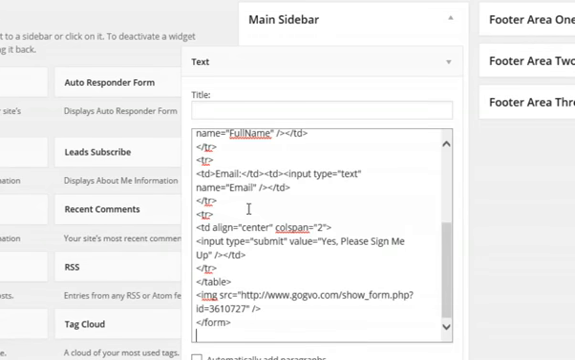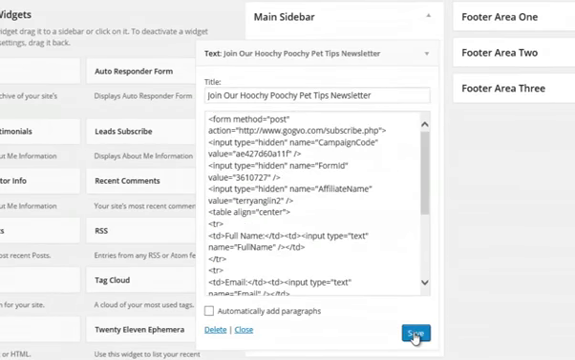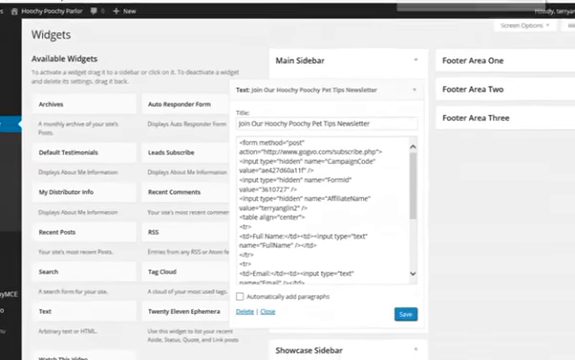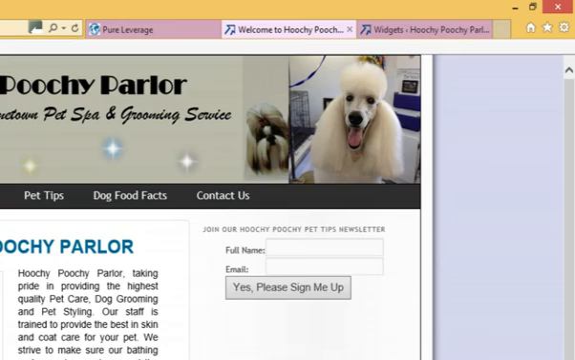Now in the title we may want to give a little bit of a description right ahead of the actual form. So I'm going to go ahead and just put join our Hoochie Poochie Pet Tips newsletter. We'll go ahead and click on save, and let's go back to our website. We're going to go ahead and refresh, and now we see that we have an actual opt-in form on our website. Join our Hoochie Poochie Pet Tips newsletter, asking for the full name and email, and yes, please sign me